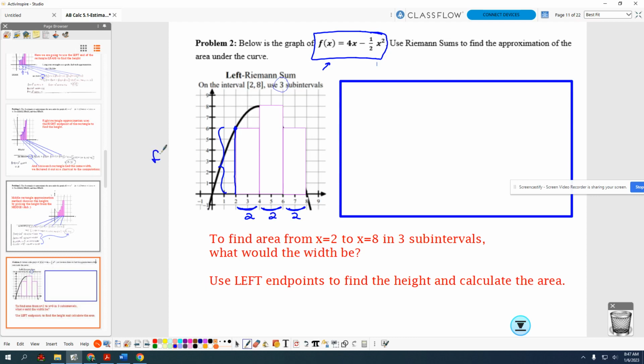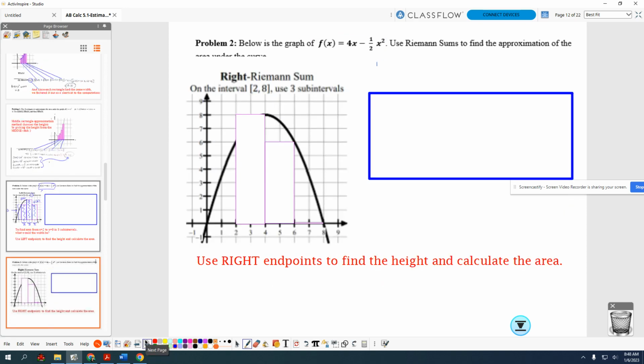So this height is f of 2. Then times 2 gives you the area of this rectangle. This height here is f of 4 times 2 gives you the area of that rectangle. This height, using LRAM, that is f of 6 times 2 gives you the area of that third rectangle, and